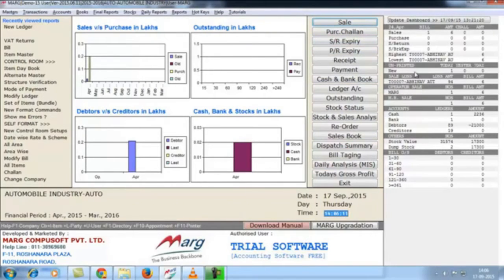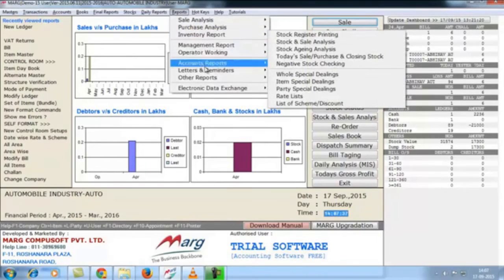Here if you see, at the right hand side there's an updated dashboard which shows you the company's financial details in brief, like the amount of sale, purchase, sale return, your bank, debtors, creditors details. It shows you how much stock is available. If it is in shortage, then it shows you the amount. Along with this, the dashboard shows you the bill outstanding details, like for how many days your bill is outstanding and how many debtors and creditors are outstanding. So friends, through this dashboard, you can here itself view your company's financial and accounting status in brief. You won't have to go to the menu to separately view each and every report.